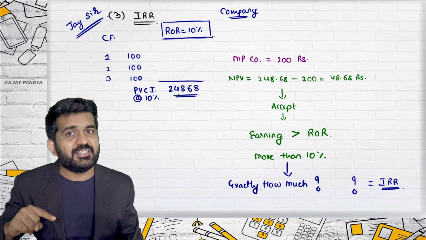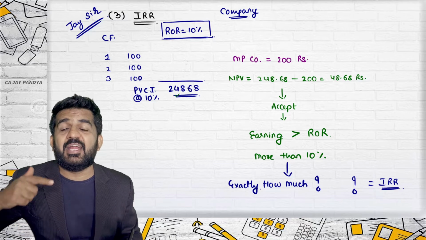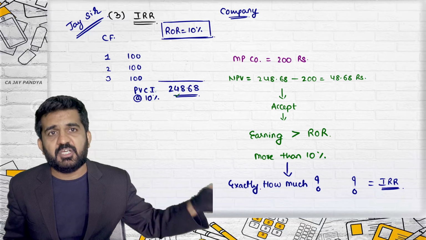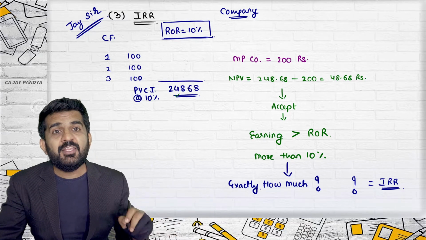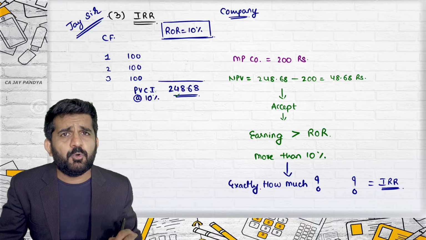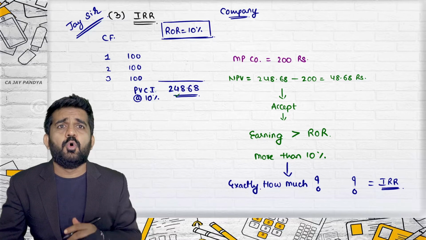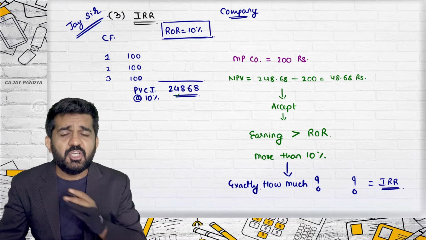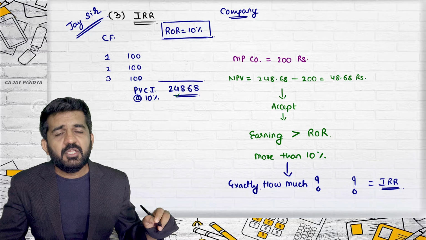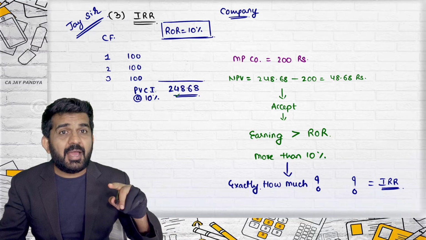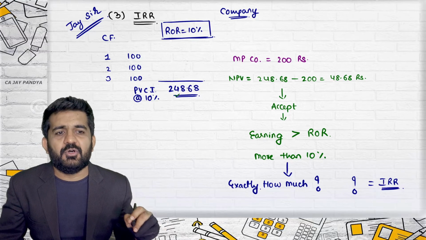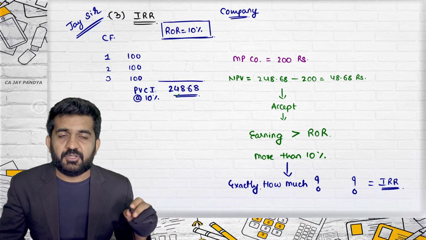From NPV we can say we should accept the project, as we are earning more than 10%. But if someone asks you how much, more than 10%, is it 12%, 15%, 18%? Exactly how much? When you give the answer, you are talking about internal rate of return. It is a very important concept in finance. Anywhere you go, in the insurance sector, banking sector, decision making sector, analytics sector, any sector of financial management, this is an extremely important concept. I'm not saying it is a difficult concept, it is an important concept. How much exactly you are earning from the project is the internal rate of return.